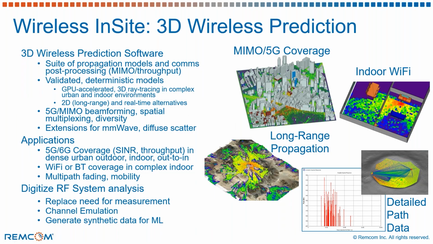Wireless InSite includes a suite of propagation models for comms, and it enables you to run MIMO and SISO simulations, calculate throughput, and apply other MIMO beamforming techniques as post-processes. The model X3D is validated up to 100 gigahertz. It's GPU accelerated, used for complex urban or indoor environments and long-range propagation,